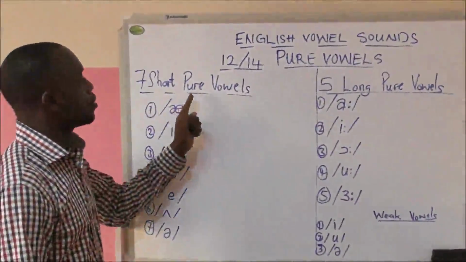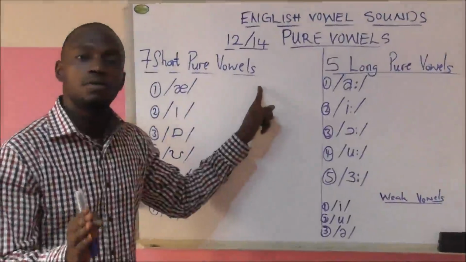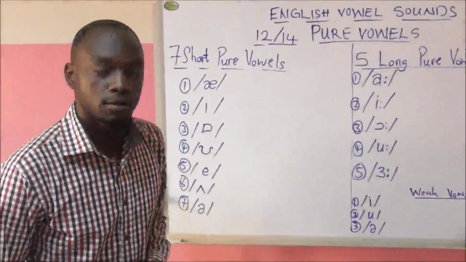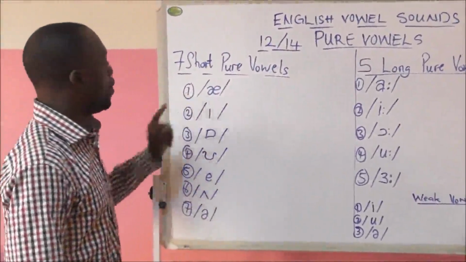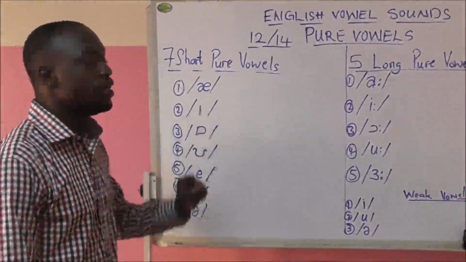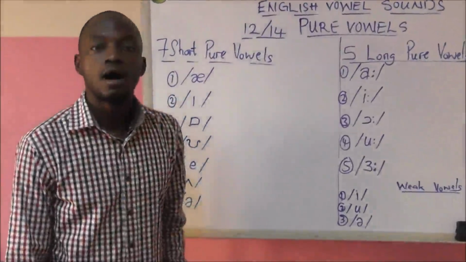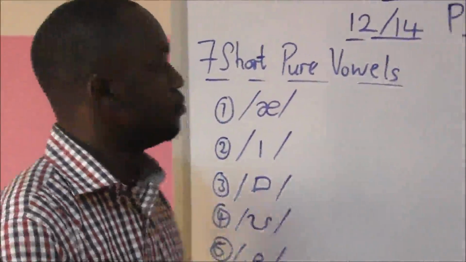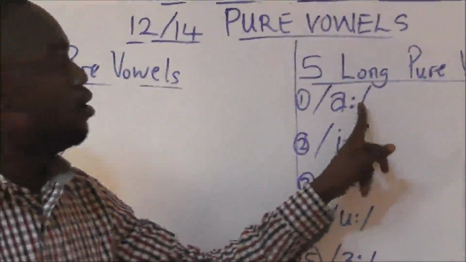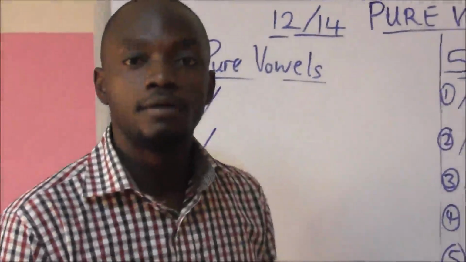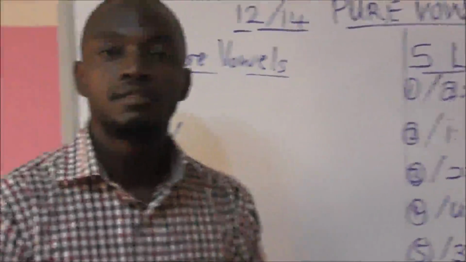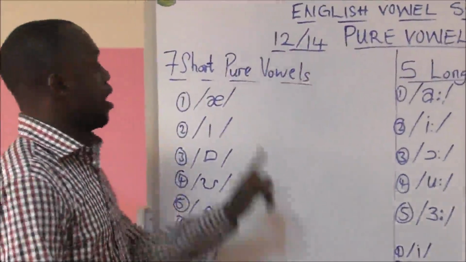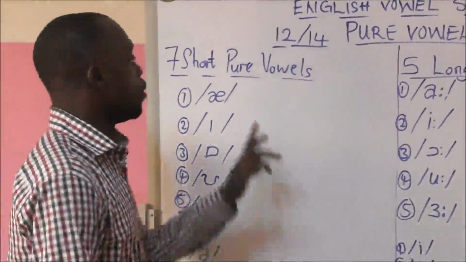The 7 short pure vowels. The pure vowels are also called the monophthongs. I said monophthongs. Vowel number 1. The sound is ah. I repeat, ah. And the short and the long one is ah. I repeat, ah. So, if we were to look for words under this short form, we would say words like